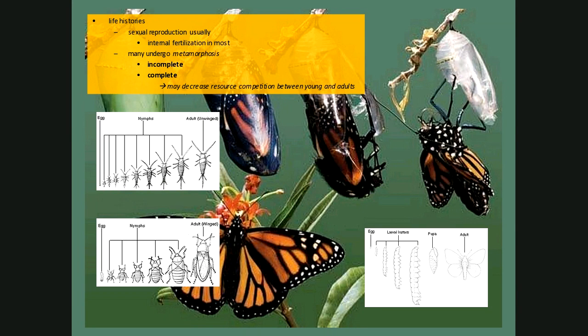Most insects undergo sexual reproduction. Since so many of them are land dwellers, the fact that they have internal fertilization should not be surprising. That's kind of the norm. There's so many of them and so much to eat that one of the things insects came upon, this really unique adaptation and idea, was this idea of a metamorphic state.